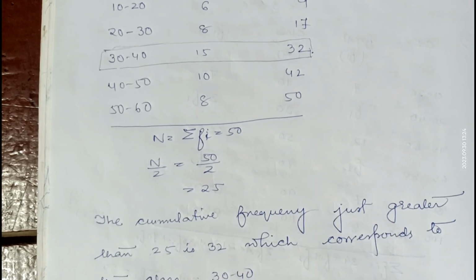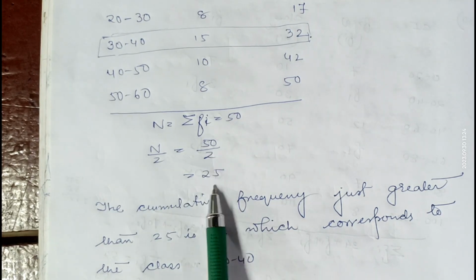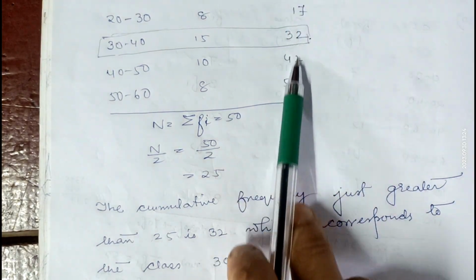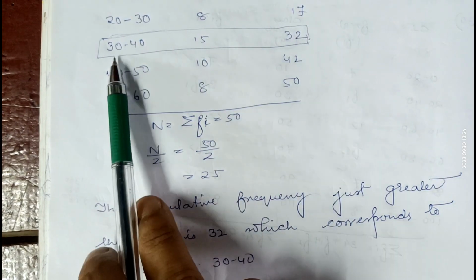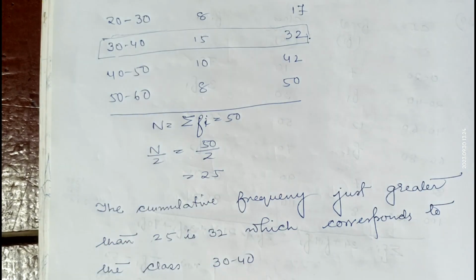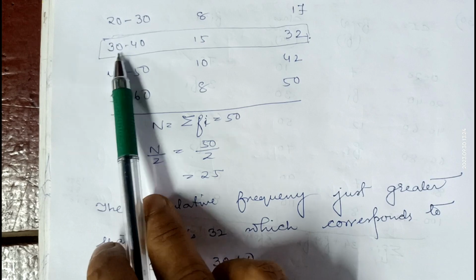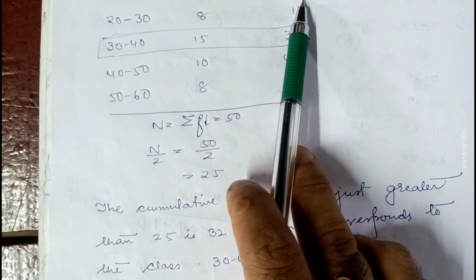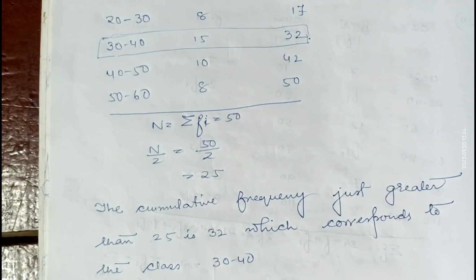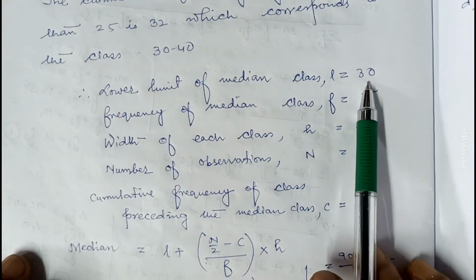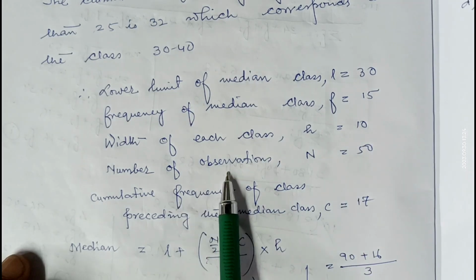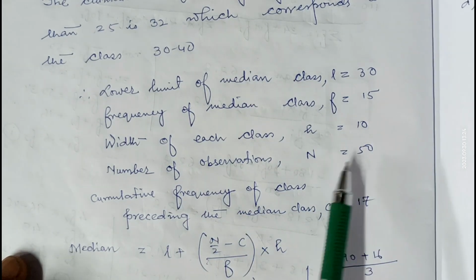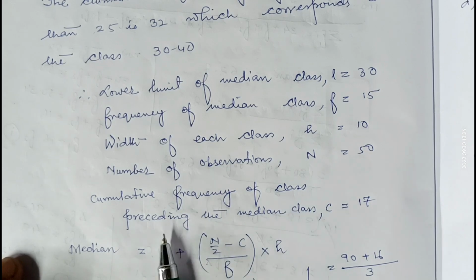Now since n is 50, n by 2 will be 50 by 2, which is 25. Since the cumulative frequency greater than or equal to 25 is 32, therefore 30 to 40 is the median class. So we can write median class is 30 to 40. Now lower limit of the class is 30. This is the frequency of the class and this is the cumulative frequency 17. So we can write here lower limit of the median class is 30, frequency of the median class 15, width of the class 10, number of observations we already calculated 50, and cumulative frequency of the class preceding the median